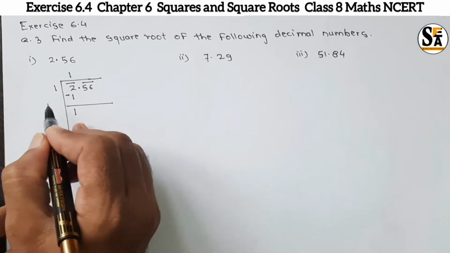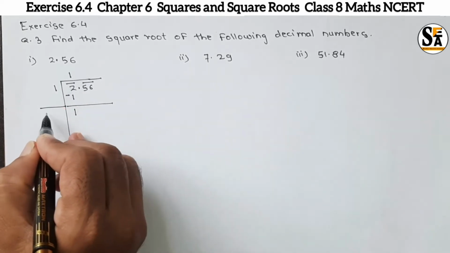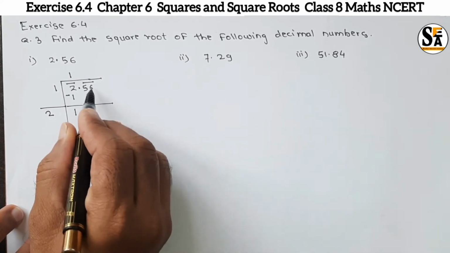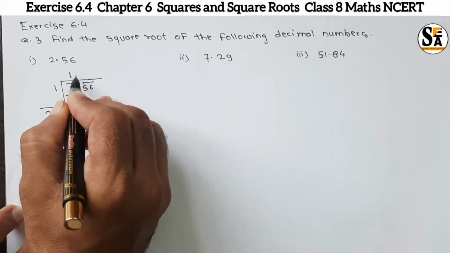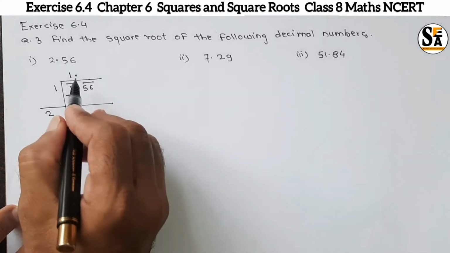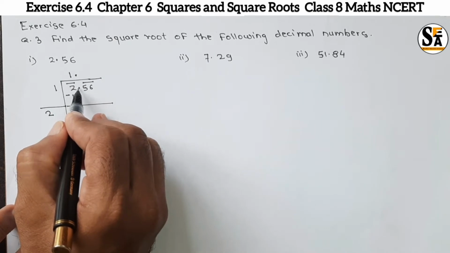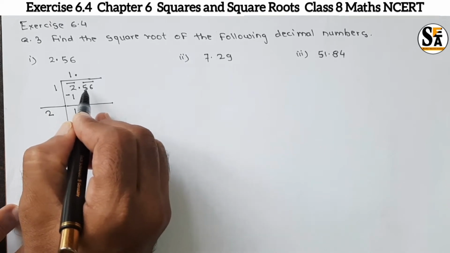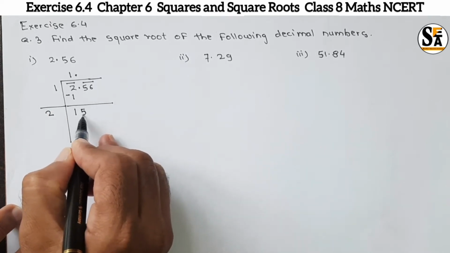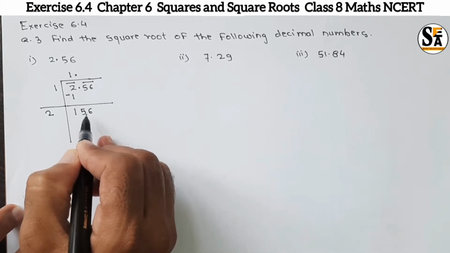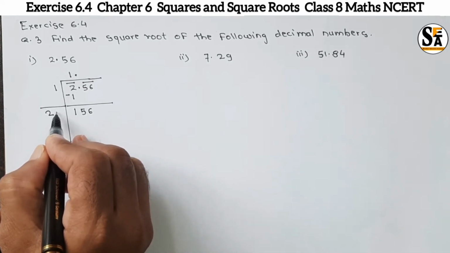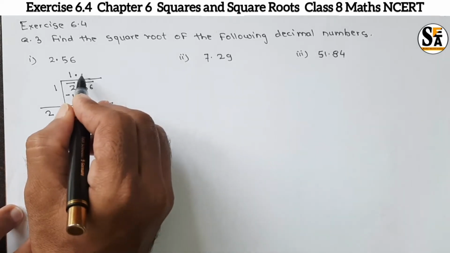Now, in the next step, 1 plus 1, write here 2. Take this 56 here. But before taking 56 here, we must put a decimal point here. The decimal point is important because there is a decimal point in the number. So by putting the decimal point here, we are compensating for it, and we can take 56 here directly, as 1 unit. Now here is the number 156. We have to guess a number which we can place here. That number will be here also.